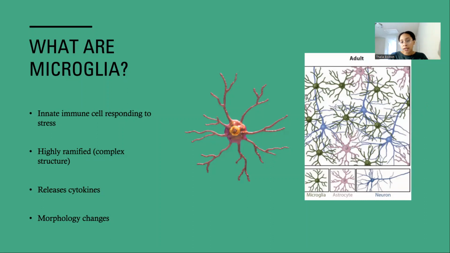And the reason I included this image, which shows microglial cells, astrocytes, and neurons, is that although they look very similar, they have different functional features. If you look at the green microglial cell here, it has a smaller central body in comparison to the astrocytes, and the branches of the astrocytes are more jagged, while those of the microglial cells are more smooth.